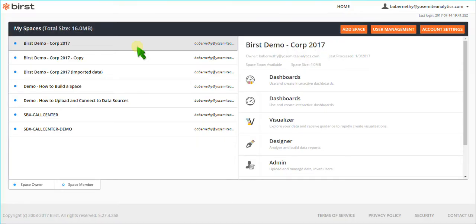Our session about Birst 6, titled The Power of Pronto, showed you the user experience from a business user perspective, and all of the things that a business user can do without needing to be a power user or an IT person or a member of your BI team. In this session, we're going to show you the power user experience, what an admin can do, what a power